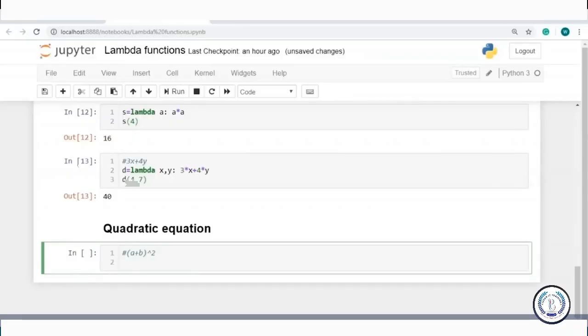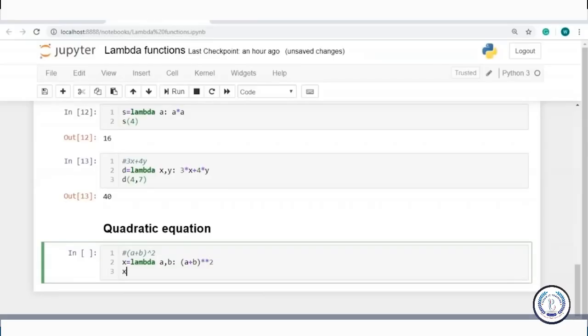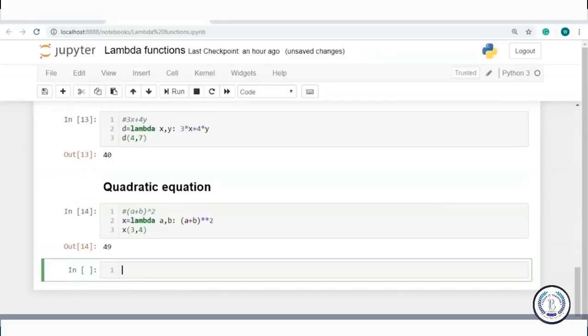Now let me write a lambda function that's going to return the value of a plus b the whole square. I'll just save it within a new variable x, and I'll use the lambda function. And the arguments or the inputs are a and b. The expression that I'm going to use is a plus b. And like we all know, we'll have to use double star when we use powers. And then I'll print this x. I'll pass the values of a and b as 3, 4, and I'll hit run. Okay, so as you all can see, I found the value of a plus b the whole square using the lambda